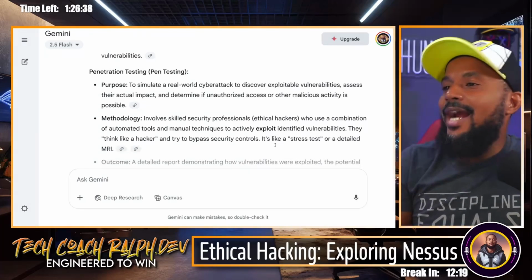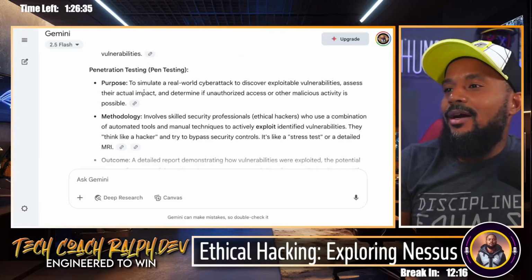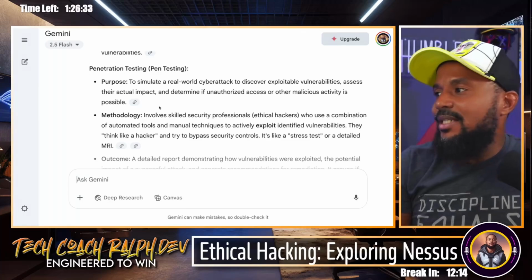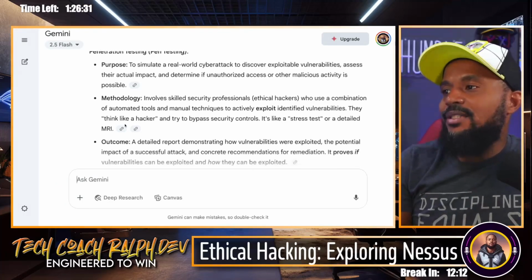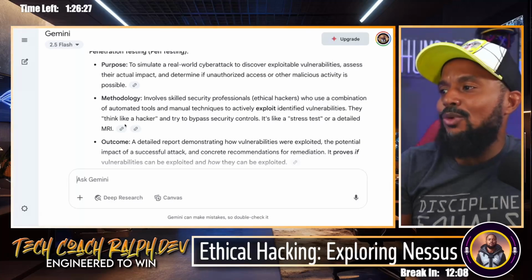All right, so penetration testing simulates real-world cyber attacks. The methodology involves skilled security professionals, ethical hackers, who use a combination of automated tools and manual techniques to actively exploit